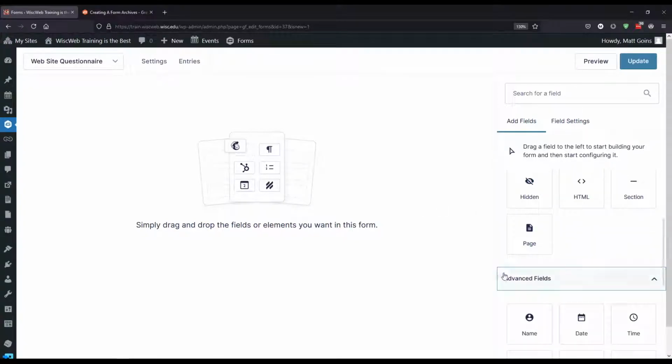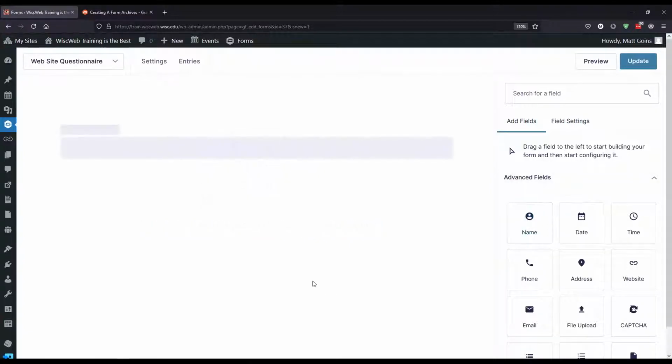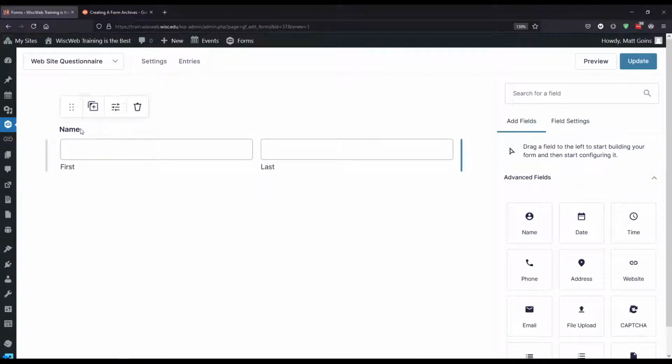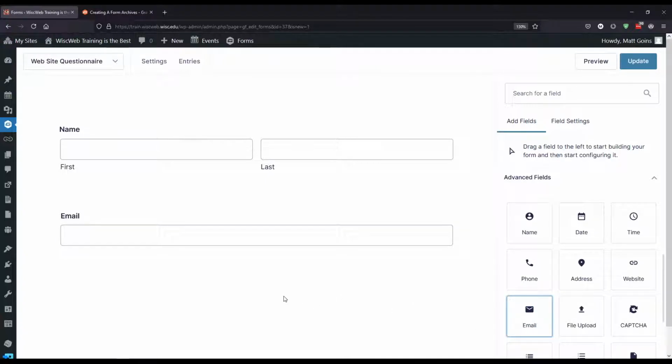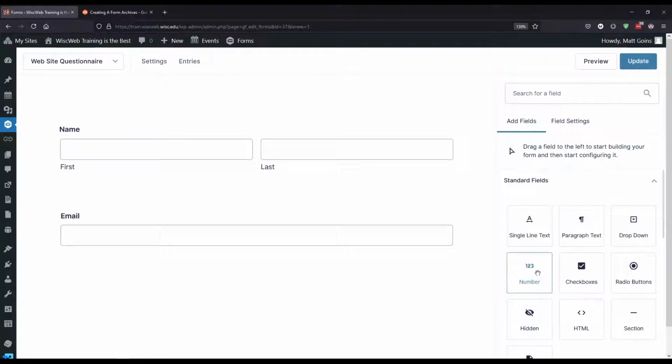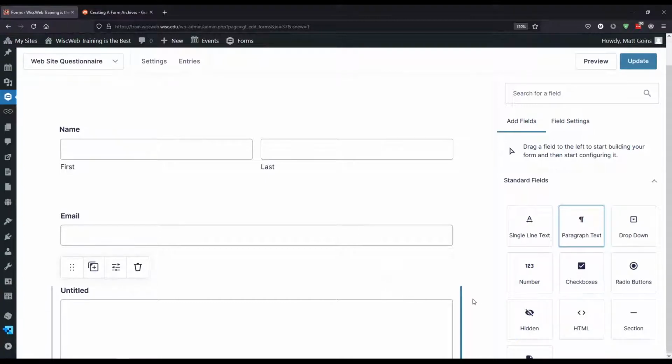So I suppose I would start by going down to advanced fields, and I would add name. I would probably add an email address, and then since this is a sort of questionnaire type thing, I might add some paragraph text to this. So paragraph text is,